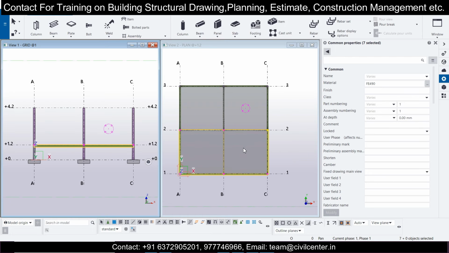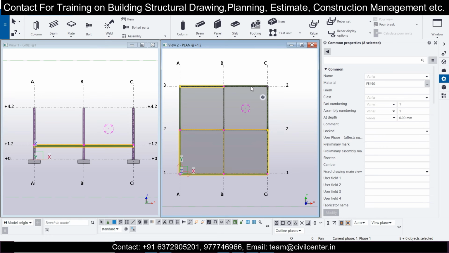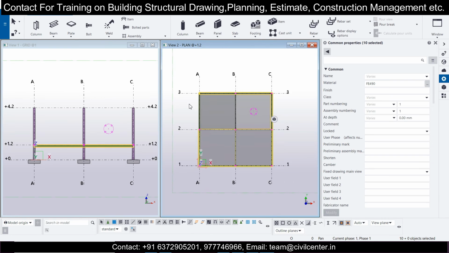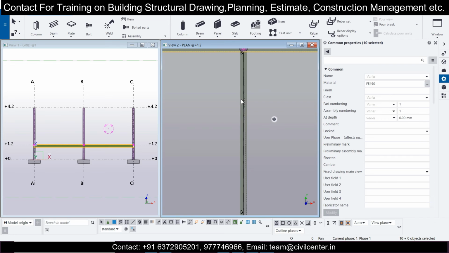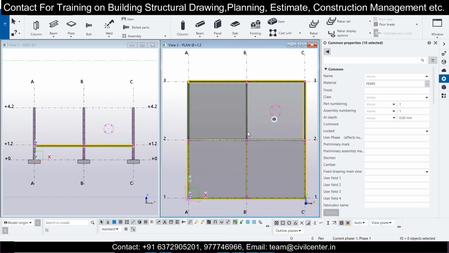So the beams are copied, and 1 2 3 4 5 6 7 items should be there. So 7 items are there, beams are copied, but this portion is not copied. I'm just clicking on control and selecting these portions as well. If the slabs are selected, I'm just deselecting that. I want to select the beams only. 8 9, then I want this 10, I want this. If you want to select this, I think we'll select in some other view.